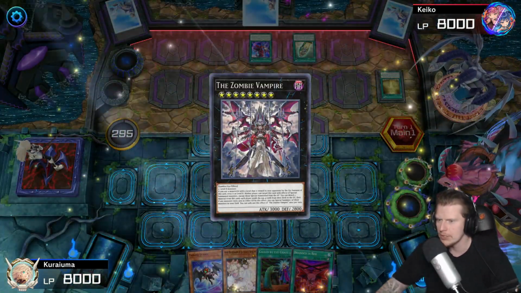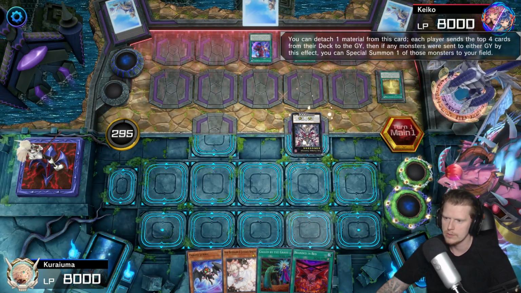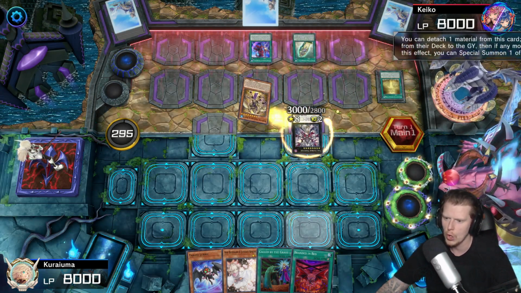Look, I don't want much in the graveyard. And a Graver would go hard. It would go well for me. But the thing is, you could special summon it, and I don't particularly want that to be the case. So...